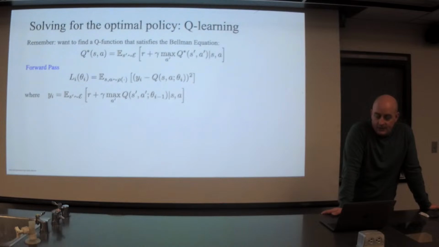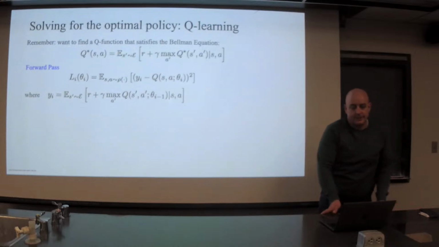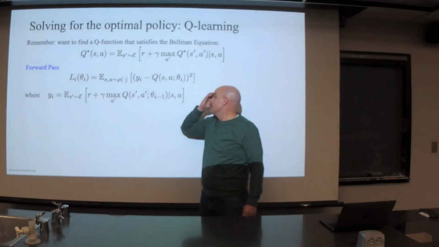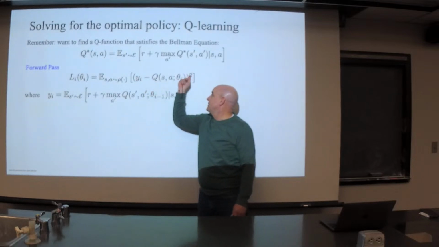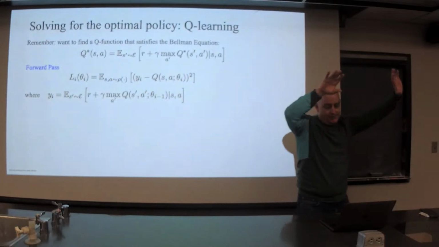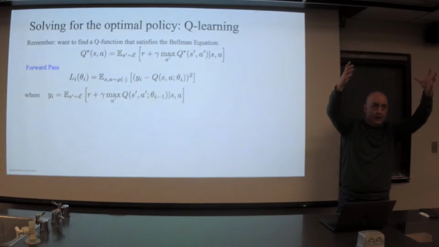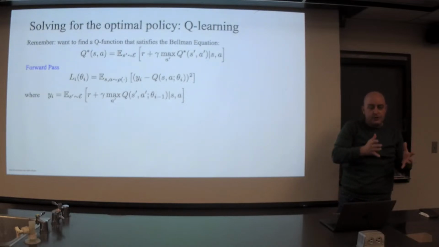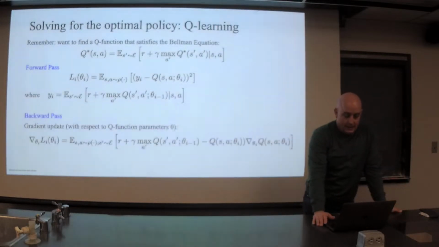We have a max in there. What are we going to do about that? Same thing. We're just going to take the max over what's in the mini batch. And this is a great loss function. What we want is for these two things to be the same, and by squaring them, if we run gradient descent on this, we'll be reducing that loss closer and closer to 0, and 0 is where we want to be.